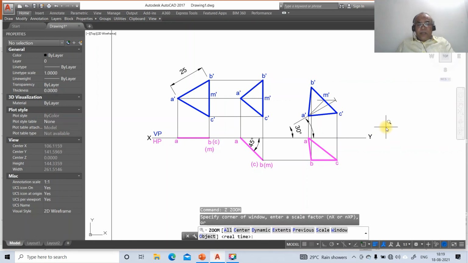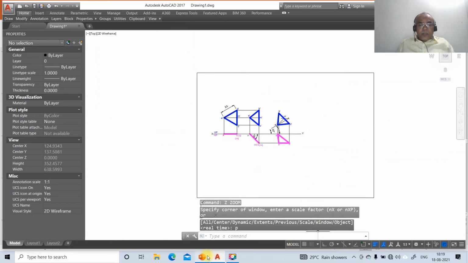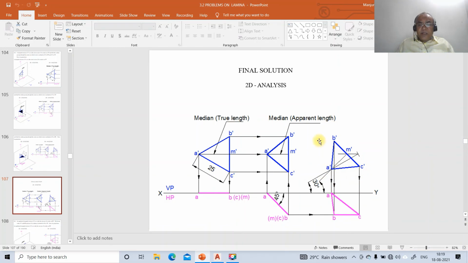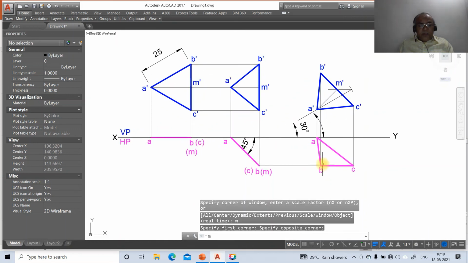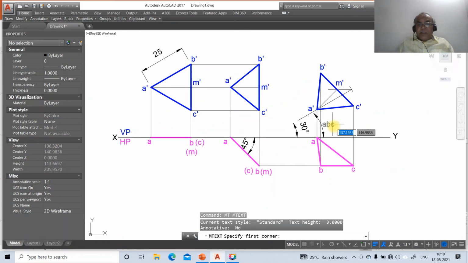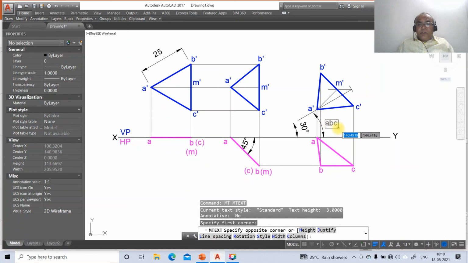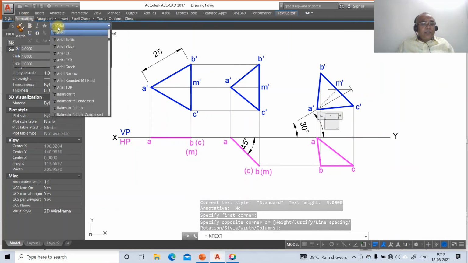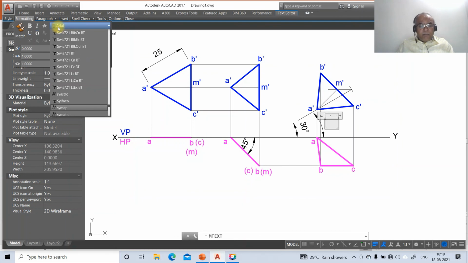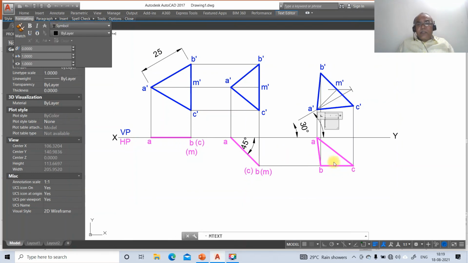And this drawing is more or less similar to the one what we have written here. And for this we need to write alpha here. So here you just come down to M text, select this contour or boundary, then go to formatting, go to symbol, and here you type alpha.